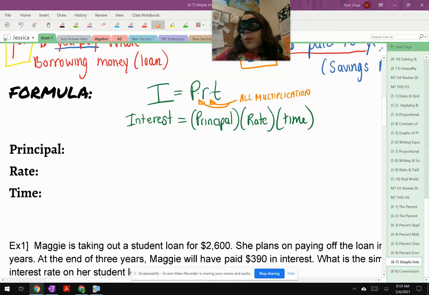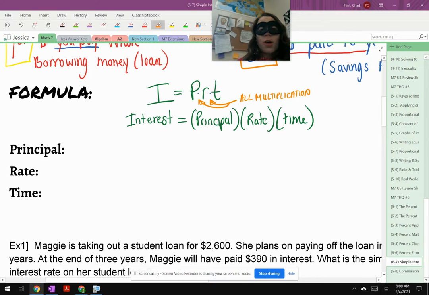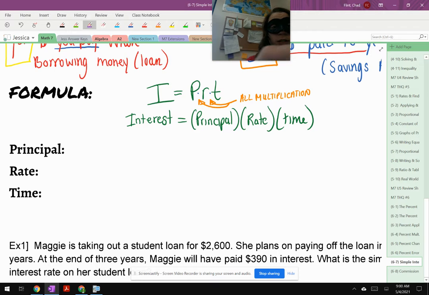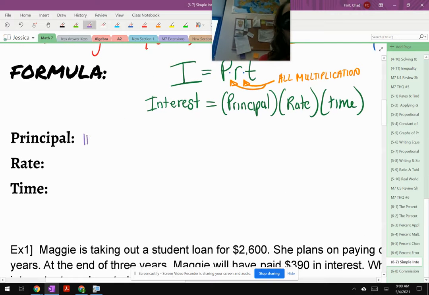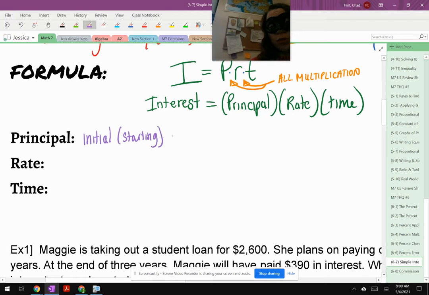Okay, so there's a couple things you need to know about this principal, rate, and time business when you're using this formula, I equals PRT. So the principal, what that is and what that means, or what that is dealing with in these kind of problems. Principal is that initial, or starting, right? That's what initial means, at the beginning. That initial starting amount